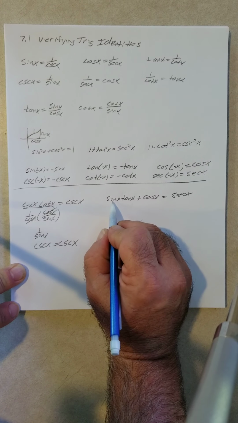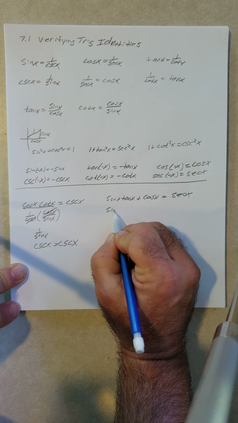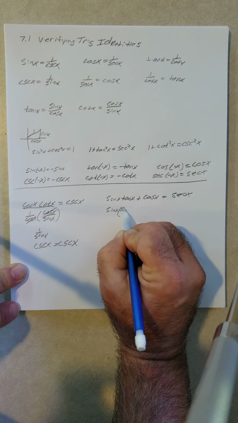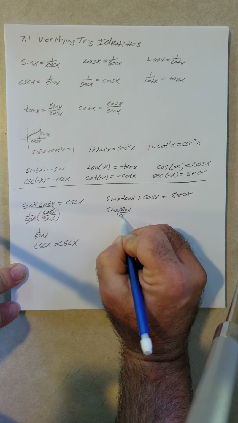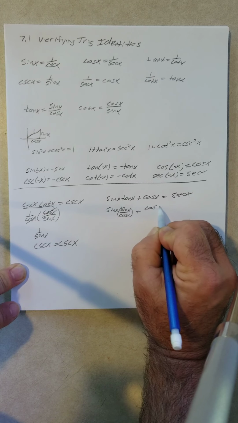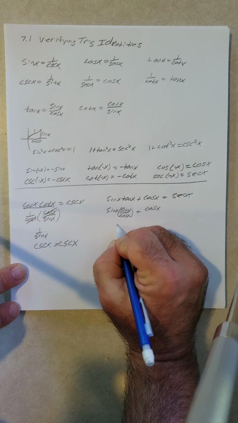All right, sine of x, tangent of x. So that's going to be the sine of x times the sine of x over the cosine of x, plus the cosine of x. Again, only working with the more complicated side. That's sine squared of x